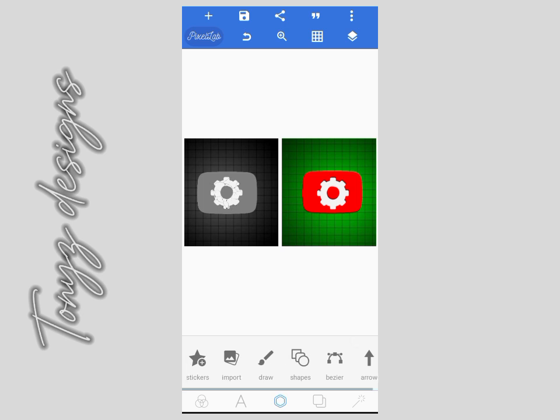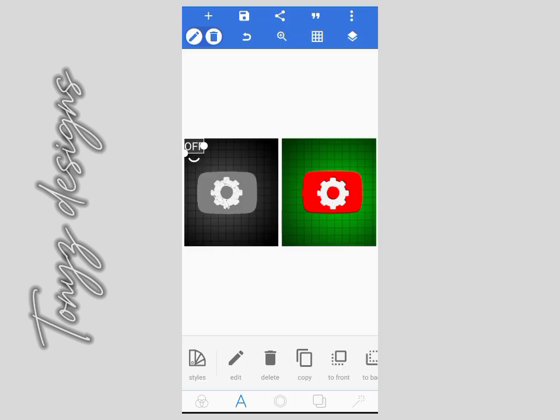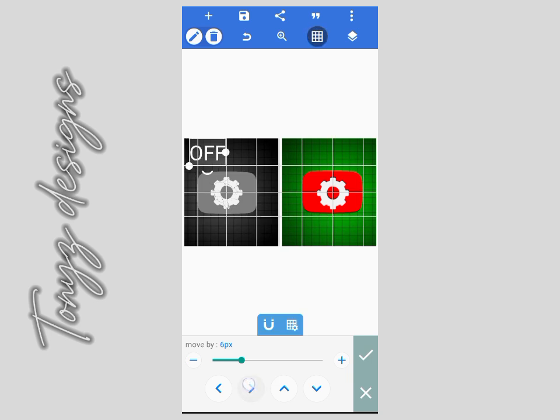Okay, so now it's time for us to add our text. So I'll go over to text and I'll be writing here. I'll go ahead to increase the size. Okay, 75 is okay. And I will introduce the grid lines and I'll be using our position tool to move it this way